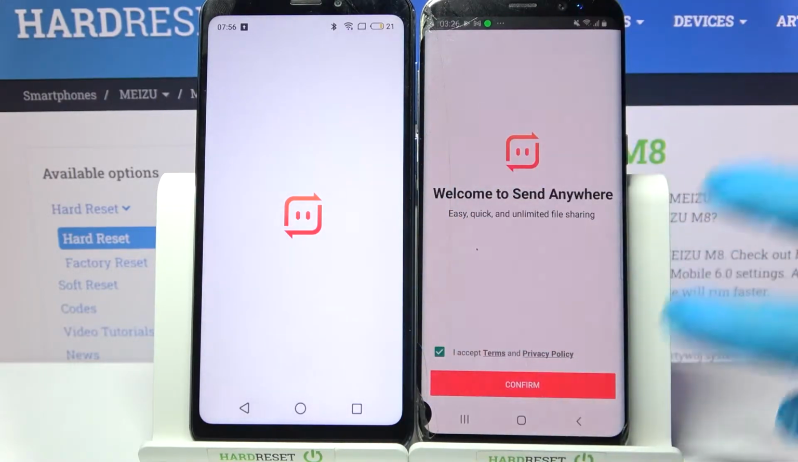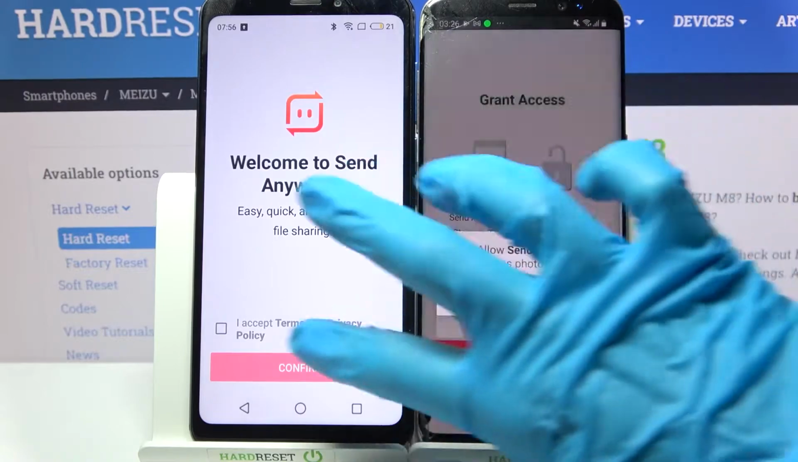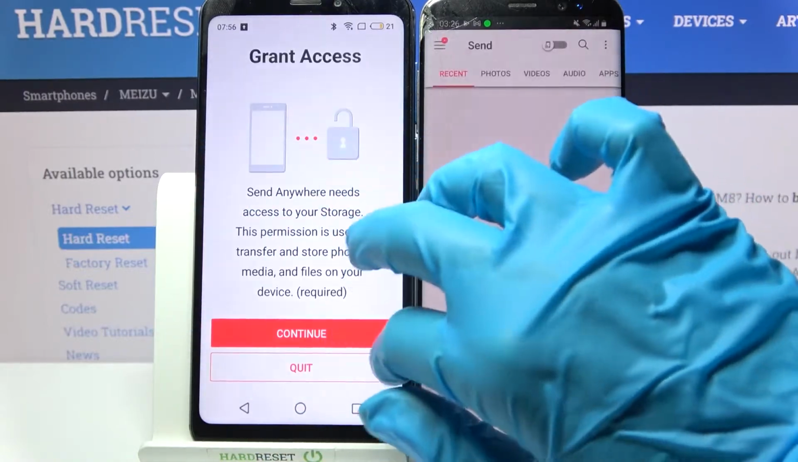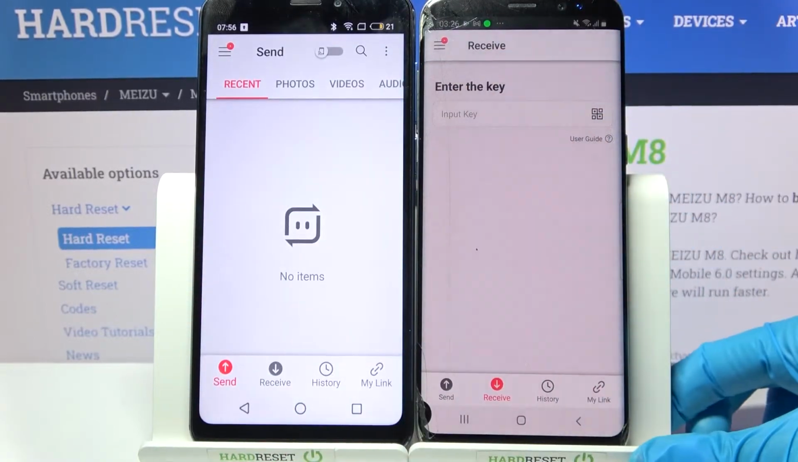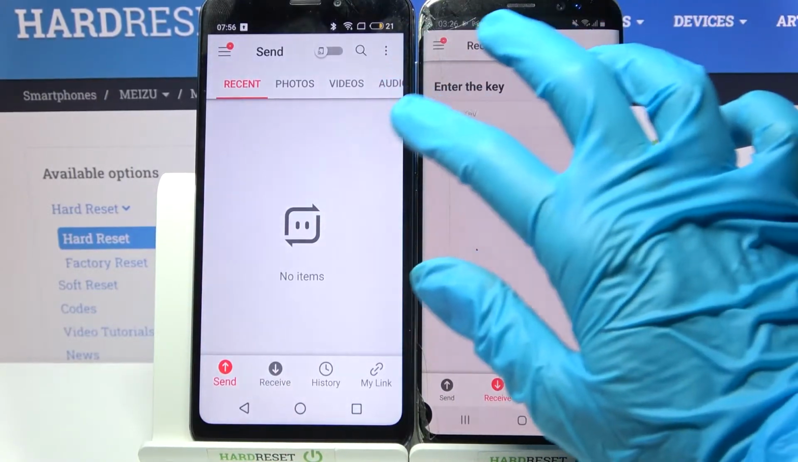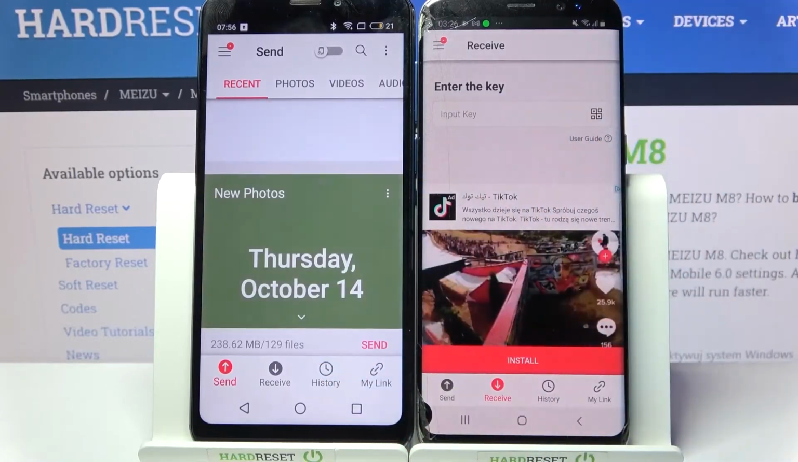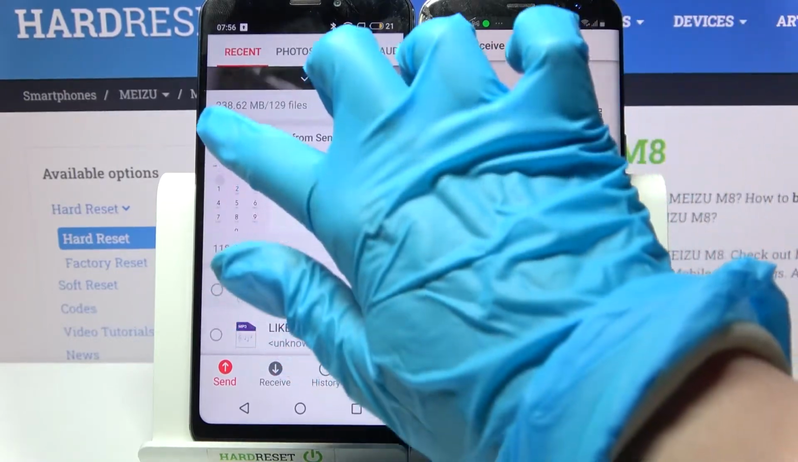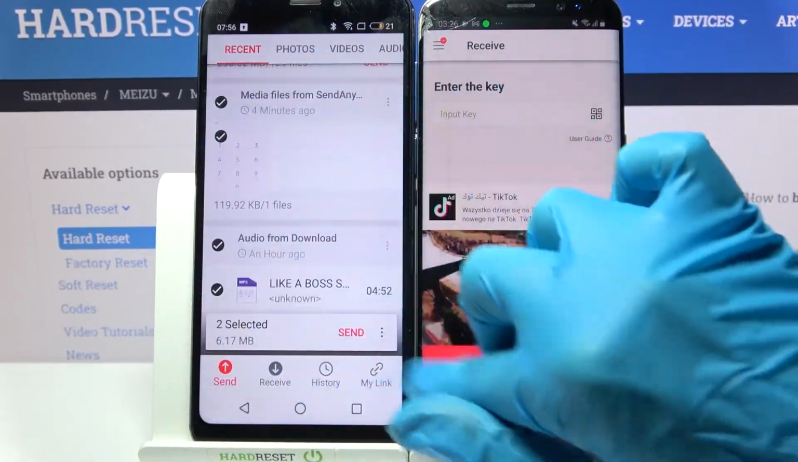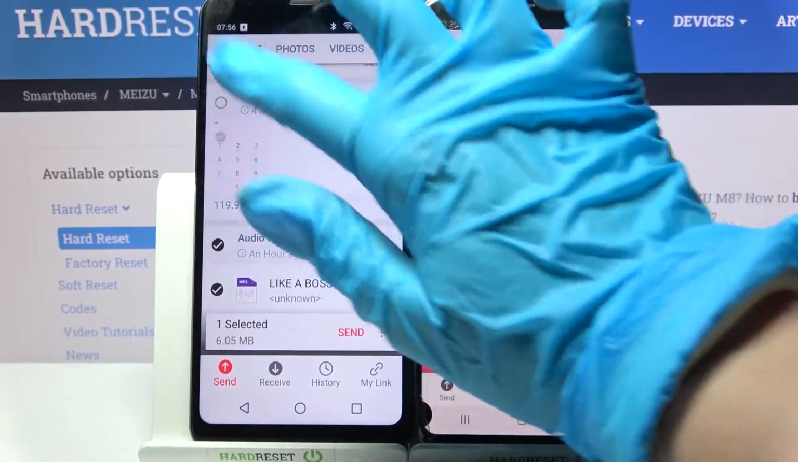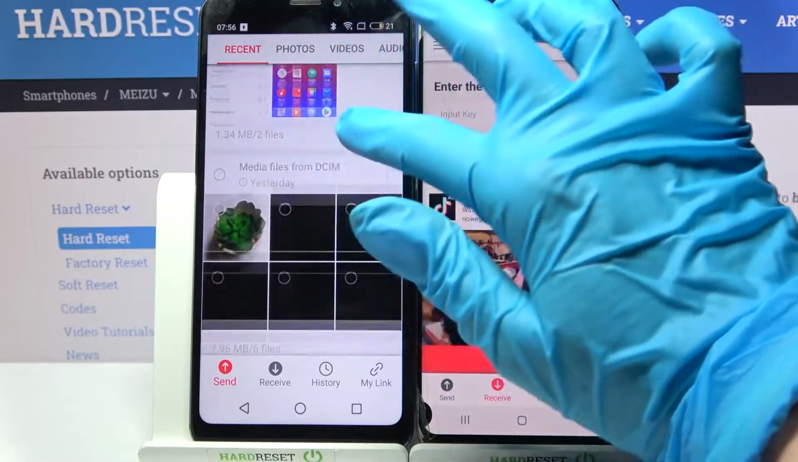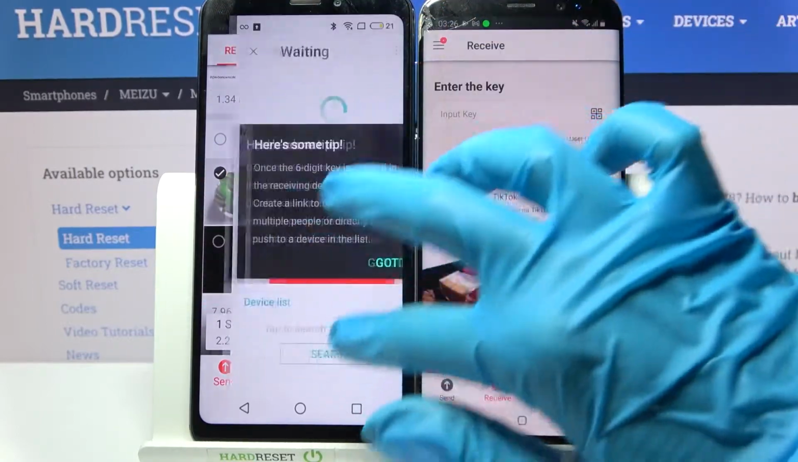Now select I accept, confirm, continue and allow. Then select receive on Samsung and send on Meizu. After that you need to choose all of those dots, like that one, and choose send in order to send all of those files. It will take a long while though, so I will go with this one photo, select send and click on